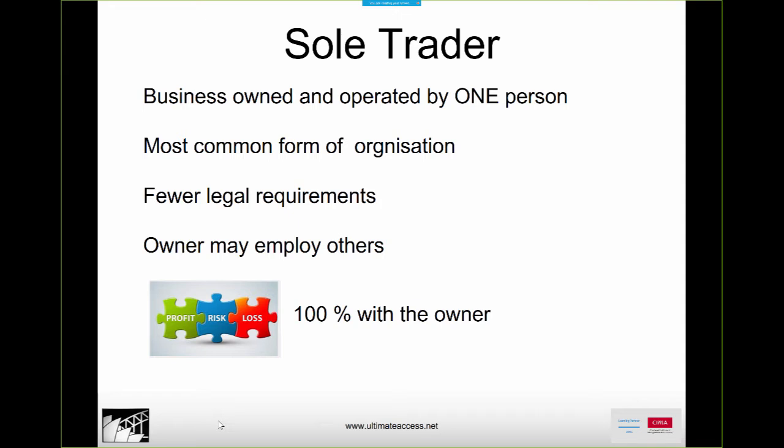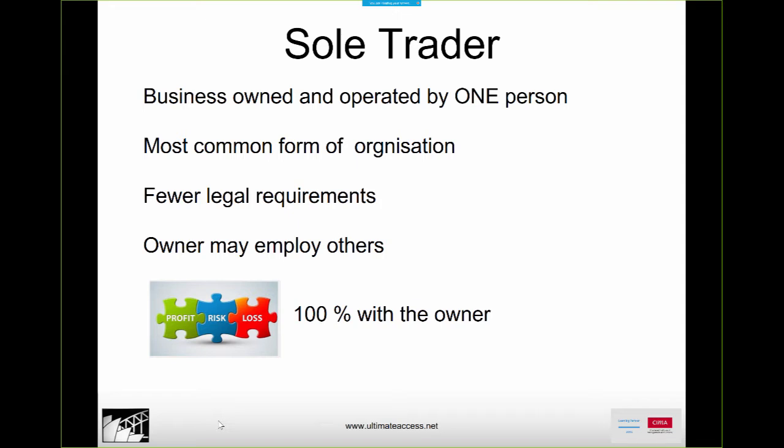What is the reason behind it? The logic behind that is because if you become a sole trader, you will earn the profit that you generate. You have it 100%. If there are any risks, you bear that risk 100%. If there are any losses, you bear all the losses 100%, right? So because of this, there are very few restrictions and formalities, legal requirements around setting up a business as a